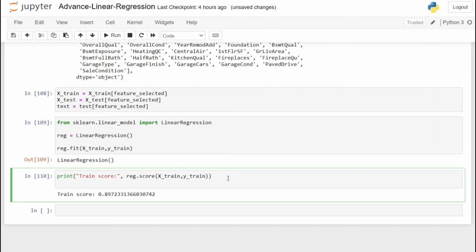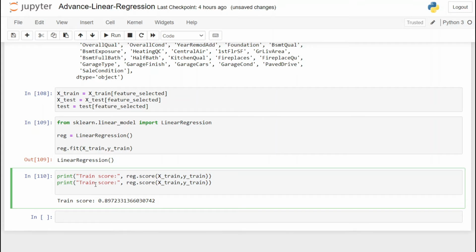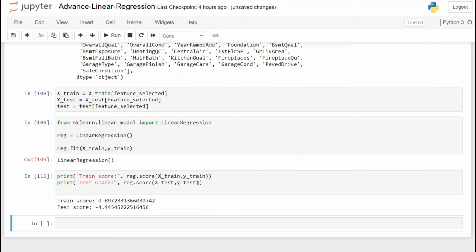Now the real test for this model is how it performs on test data, because at the end of the day, the model is going to predict on data it has never seen. So a good model should give a result similar to training data. We are going to copy paste the same code, and inside that I just have to change the data. First I'm going to change this string, and then we change the data. Here it has to be x test, and then we pass y test, and that's all we have to do. Now we are seeing here that it gives us minus 4.41.